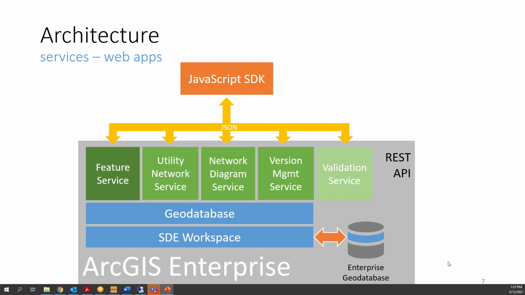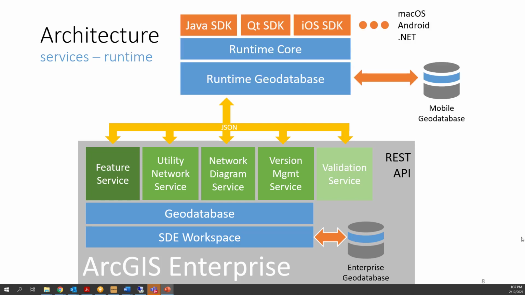Now, if you are instead working with a different client, such as a web application or a custom web app, you can use our JavaScript SDK. And the JavaScript SDK itself is communicating through JSON and hitting the same REST APIs that you would through ArcGIS Pro. Okay. Finally, you can consider things from a runtime or mobile perspective, where the mobile clients using the Java SDK, the Qt SDK, iOS, .NET, Android,